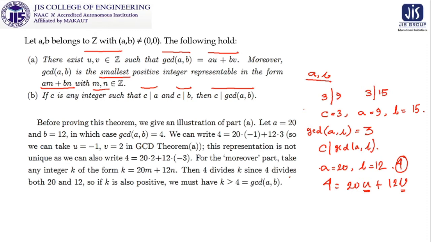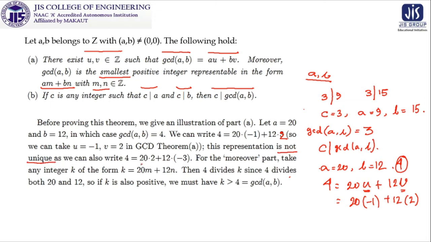We are just directly going to write it. So we can write 4 is equal to 20 into U plus 12 into V. So obviously we can write it as 20 into minus 1 plus 12 into 2. So you will get 4. Oh, there is a mistake, it will be 2. Now in the GCD theorem we have presented this, but the main important observation over here is that it is not unique,